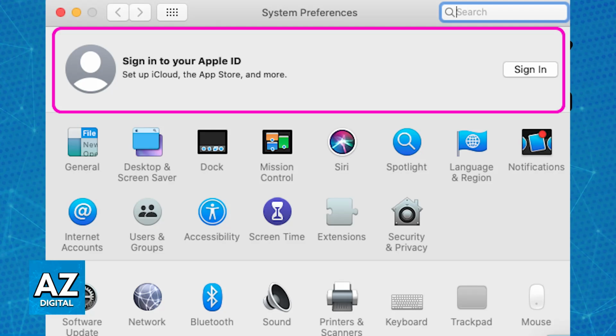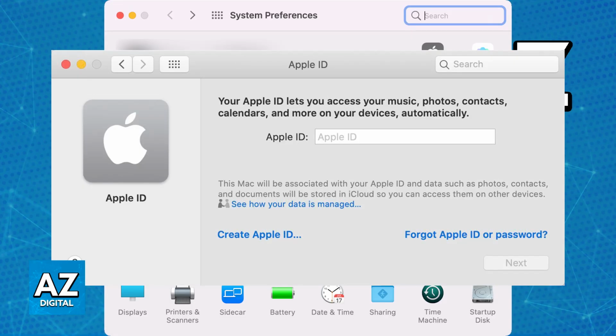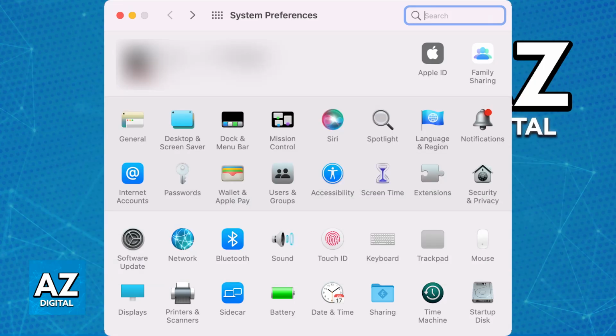You just have to follow the on-screen instructions, and of course, if you don't have an Apple account, you will be instructed on how to create one. It is incredibly simple, and once the account has been attributed to that device, you will now be able to share contacts, information, synchronize everything, emails, and so on between all of the Apple devices and ecosystem.